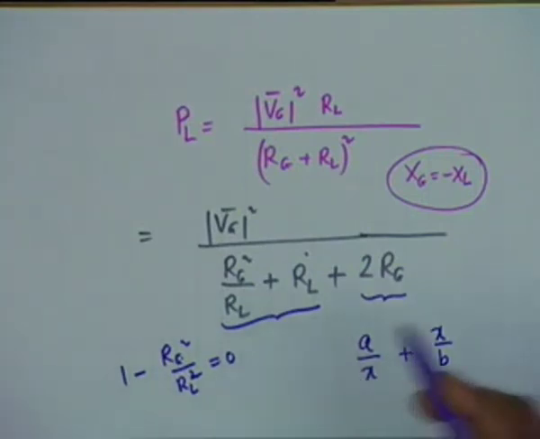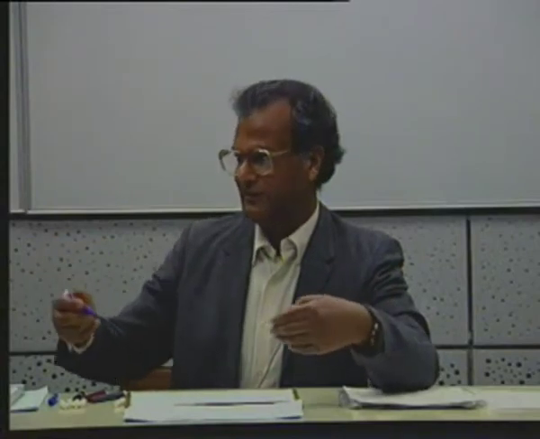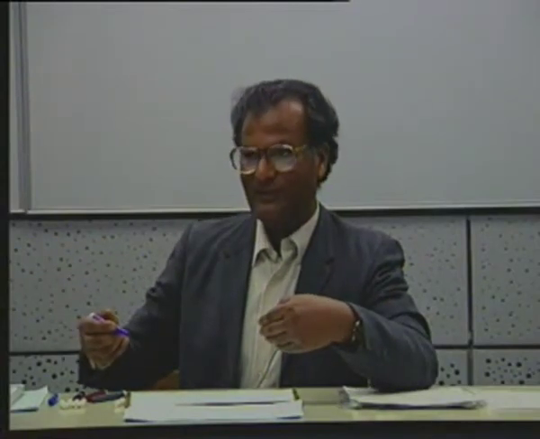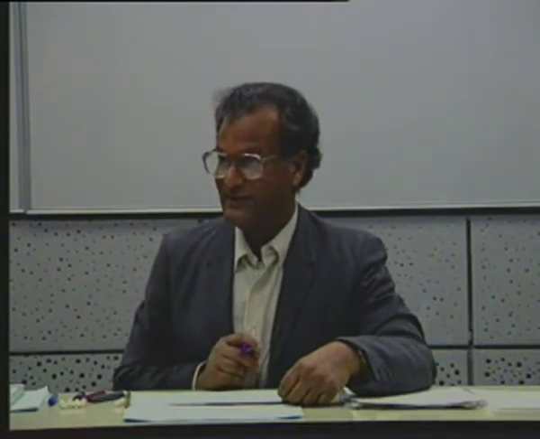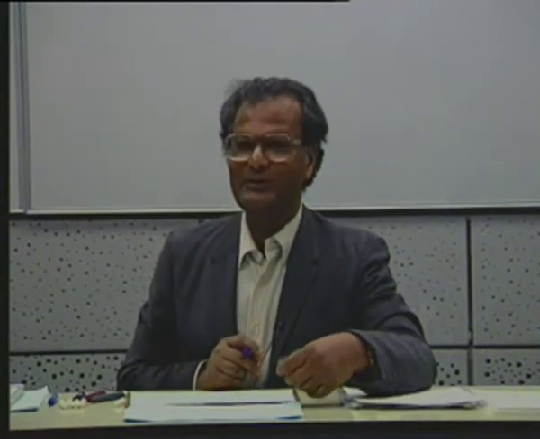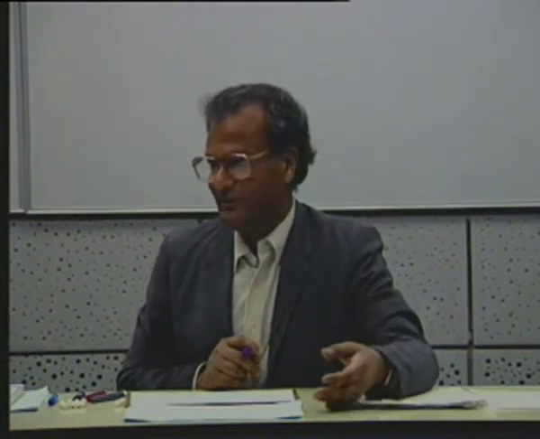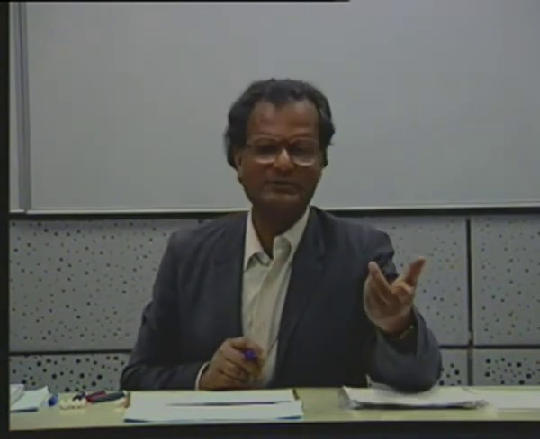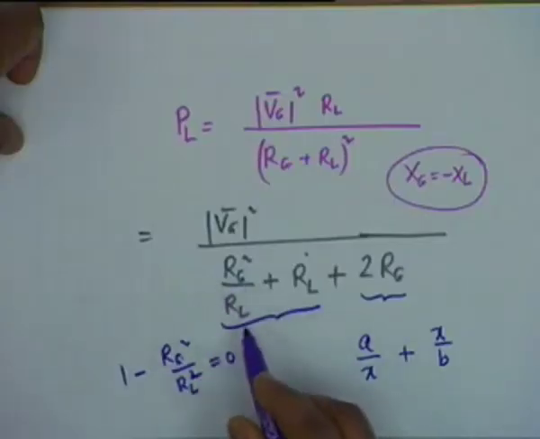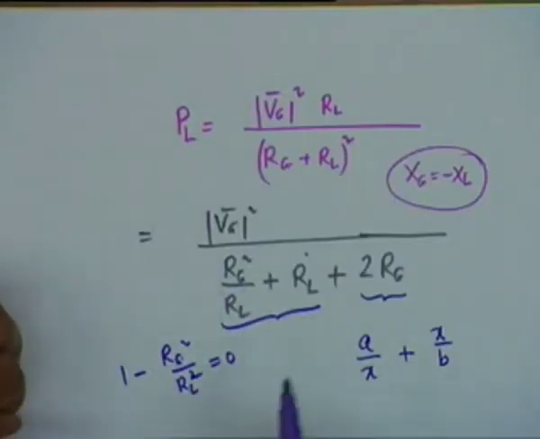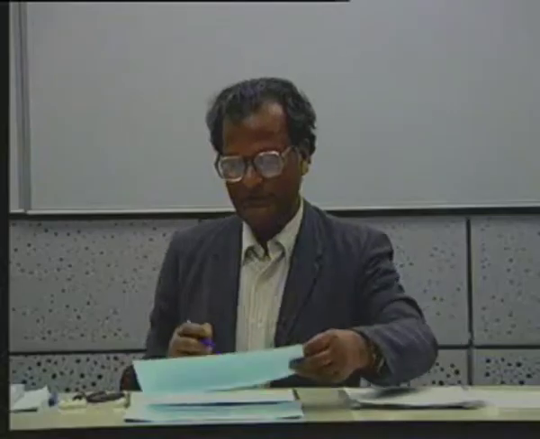Maxima occurs at both extremes, RL equal to 0, RL equal to infinity. In either case the power absorbed is 0, however. Is that clear? Why? If the load is a short circuit, it cannot absorb any power. If the load is open, no current can flow, so no power can. And therefore this quantity is a minimum when Rg equal to RL, and therefore the power is a maximum, and